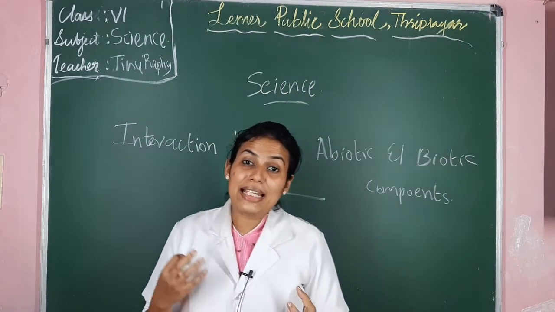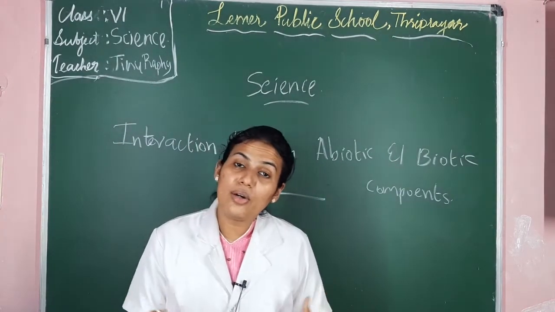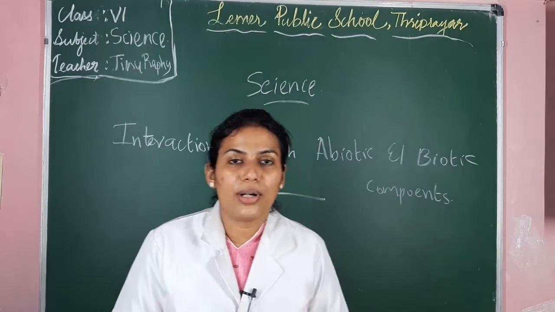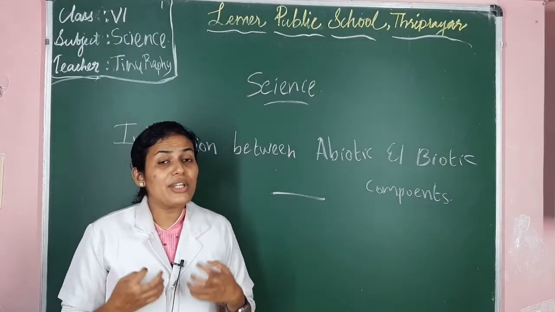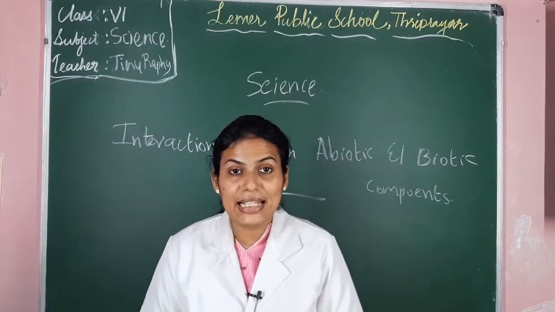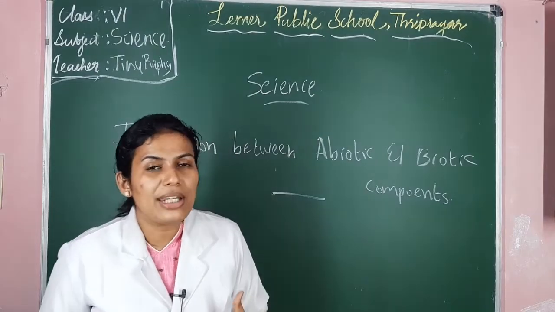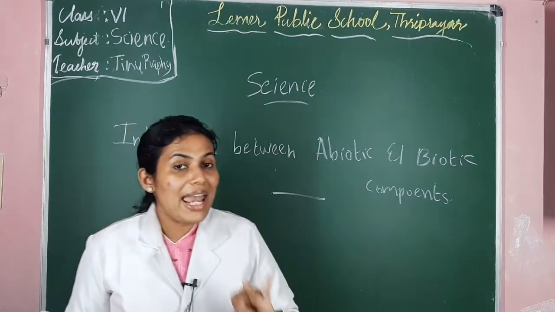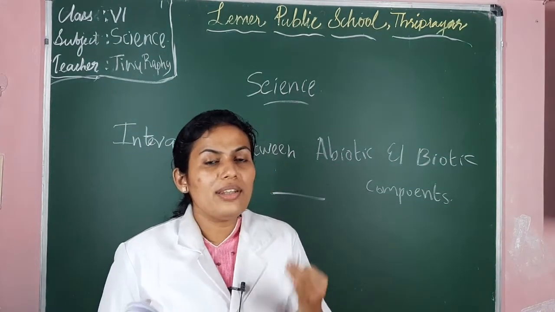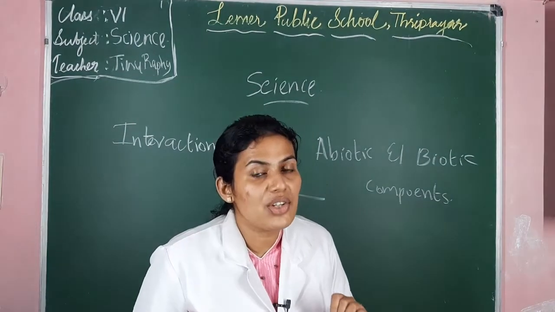No organisms can live without interaction with their environment, isn't it? Both abiotic and biotic factors are needed for the growth and development of an organism. In order to prove that, an activity is given in your textbook, page number 89. This activity is to see the effect of abiotic components like water, air, sunlight, etc. in the germination of the seeds. Whether water, light, heat, air, etc. are needed for the germination of the seed.